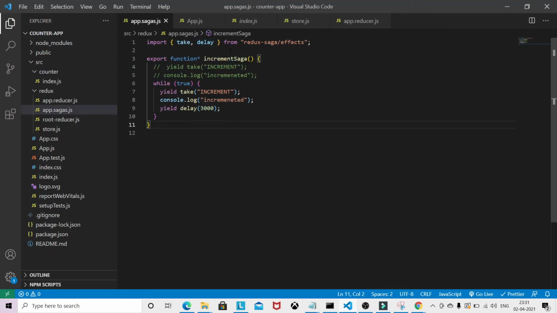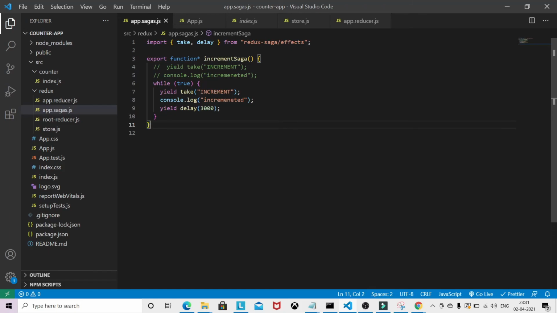So takeEvery is another effect in Redux Saga. takeEvery creates a new subtask and spawns a new saga for every increment action coming.